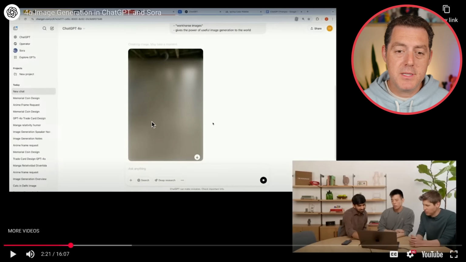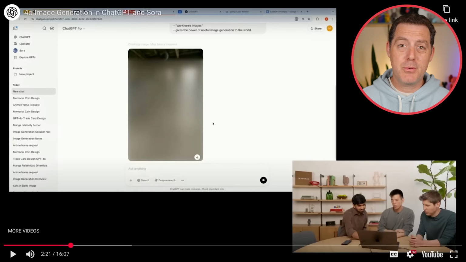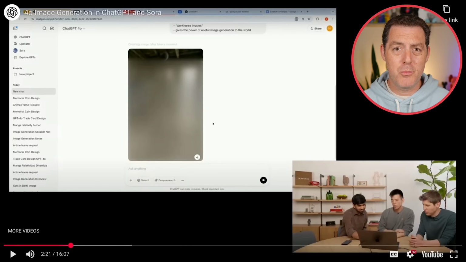All right, and you could probably tell immediately it's slow, and they're actually going to talk about that. It's super slow, and from my testing already, it's extremely slow. And I'm talking about minutes for a single image, which really reduces the number of viable use cases for this type of image generation. Now, it is incredibly accurate, incredibly high quality, which you'll see, and I'm gonna show you a bunch of examples, my own examples, their examples, so stick around for a little bit. Let's watch the live stream, and then I'll show you more examples.